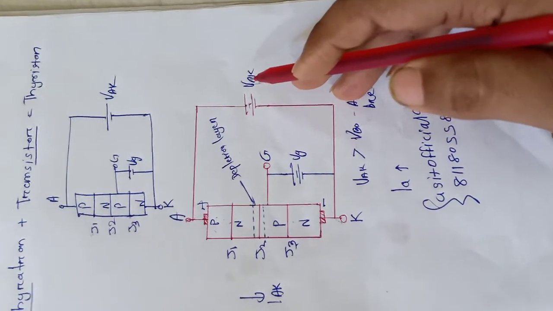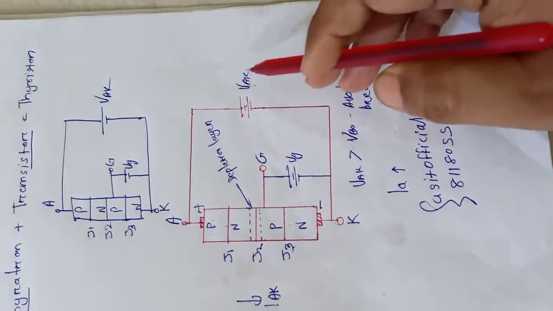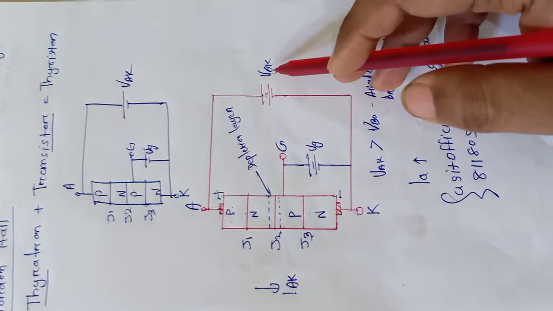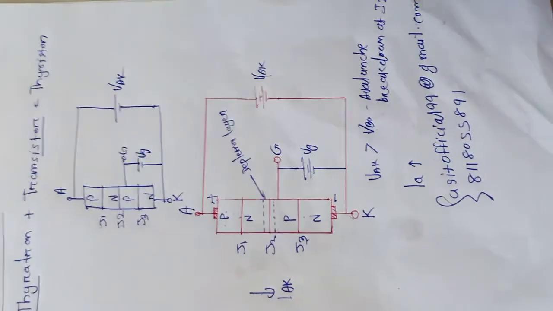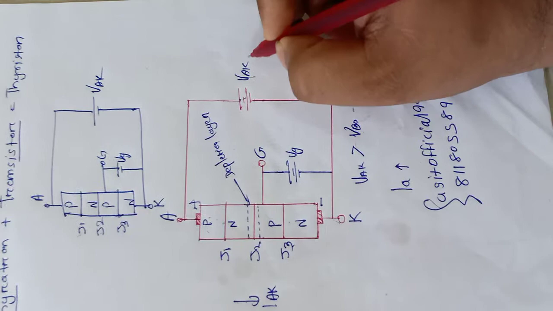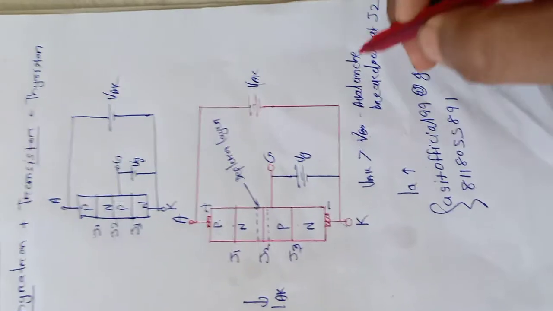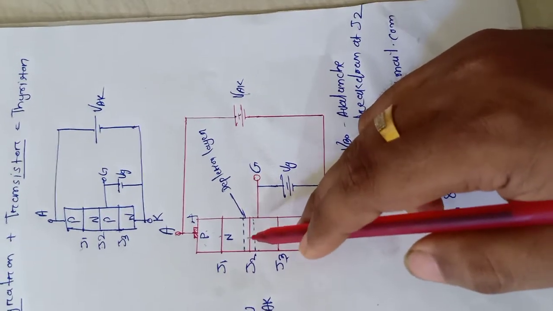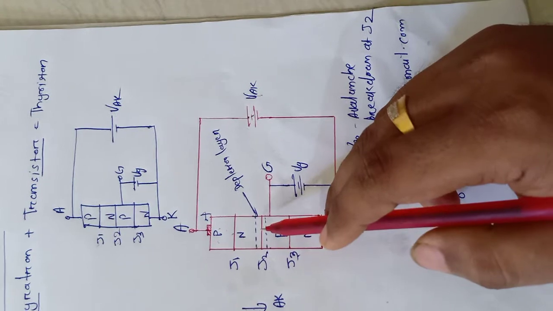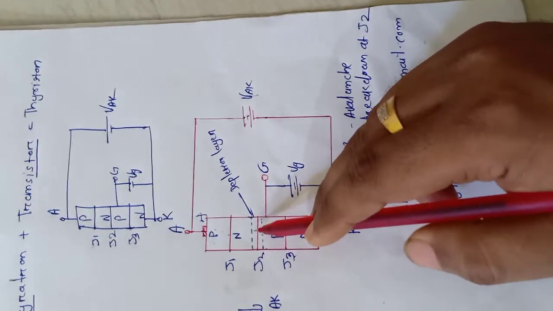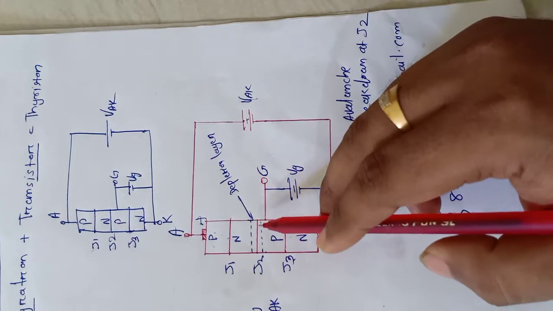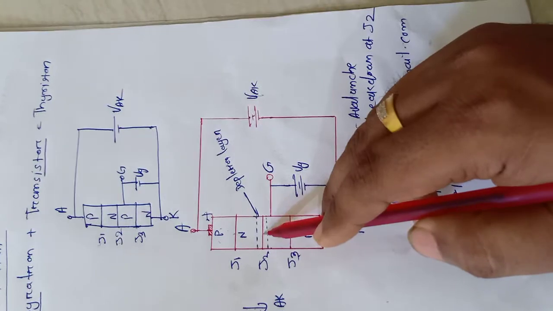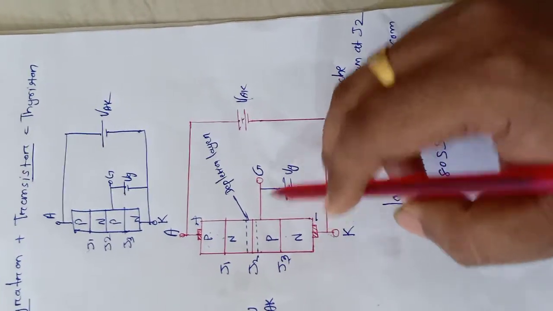So I have here a voltage VAK which is initially less than forward breakover voltage. So forward breakover voltage कैसे आएगा? तो इधर हम क्या करेंगे? We will increase this voltage, and whenever we reach a voltage equal to VBO or forward breakover voltage, here avalanche breakdown happens. So when avalanche breakdown happens, this J2 junction starts conducting, because after avalanche breakdown the depletion layer will no longer exist. So this J2 junction will be in conduction mode after forward breakover voltage VBO.